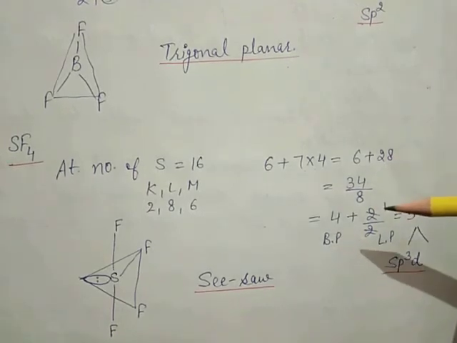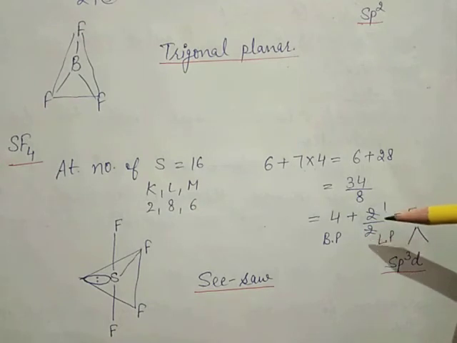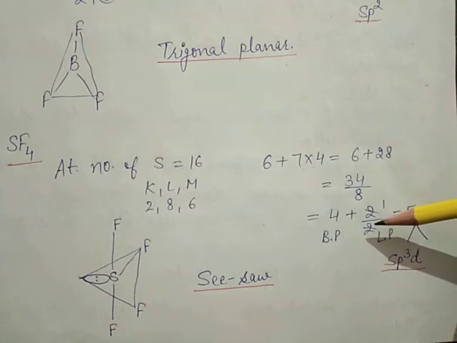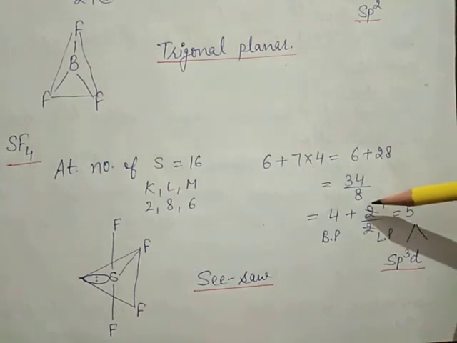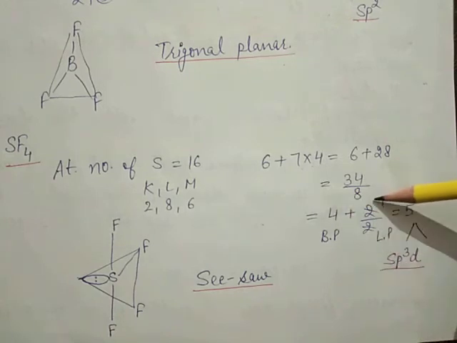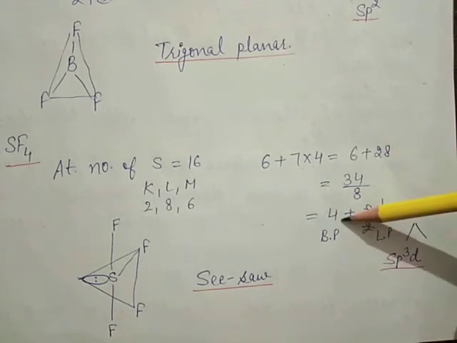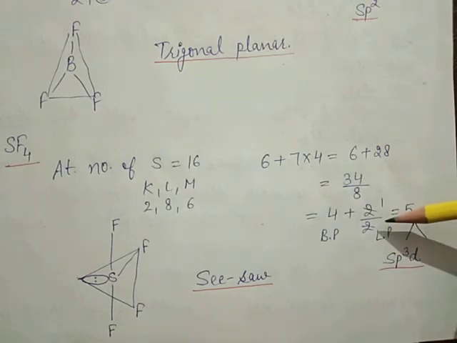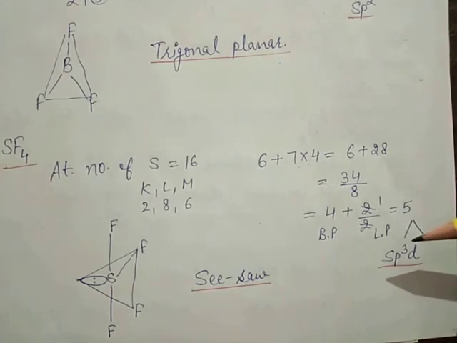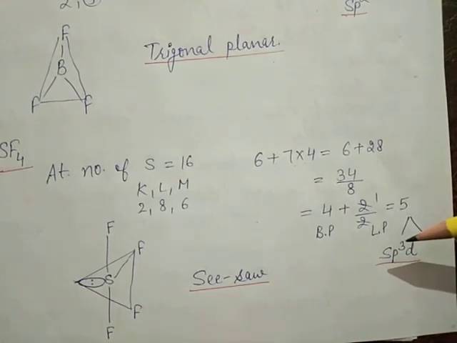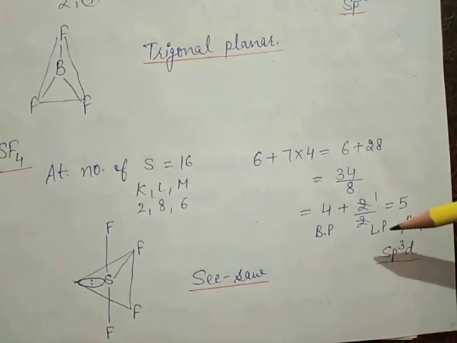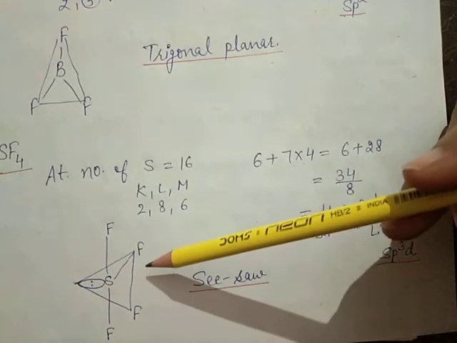This is the most important case. Here 2 is the remainder. The remainder is always divided by 2 and the remainder should be an even number. So 2 divided by 2 is equal to 1. So 4 plus 1 is equal to 5. It means 4 bond pairs and 1 lone pair are present and total is 5. It means hybridization is sp3d, 1s, 3p and 1d. According to this, we can check the table and after that we draw the shape.